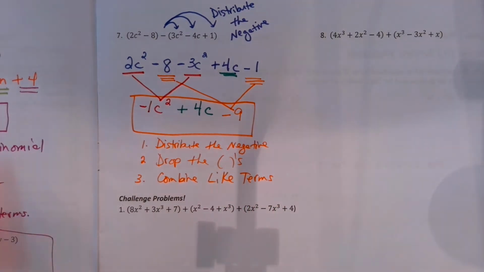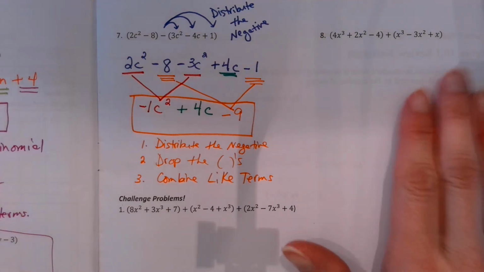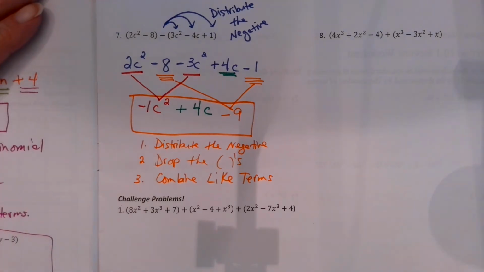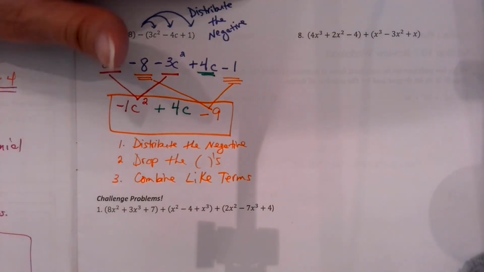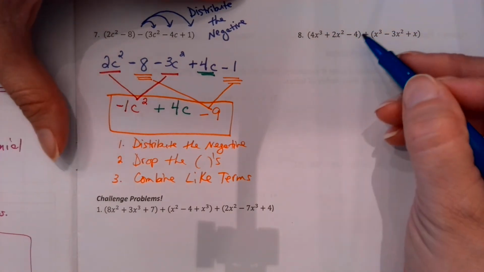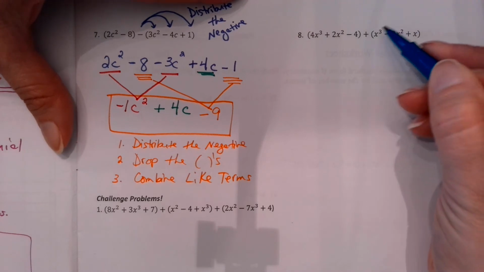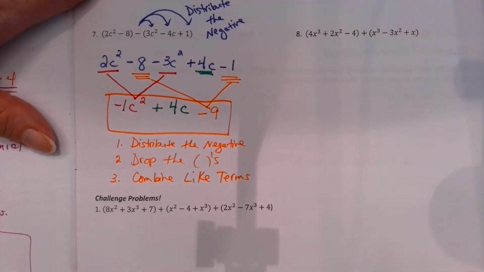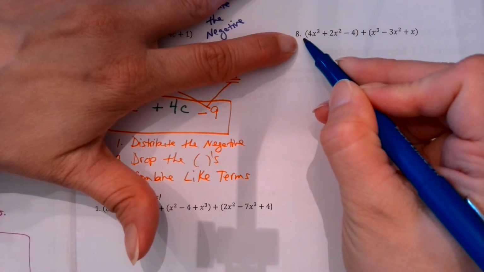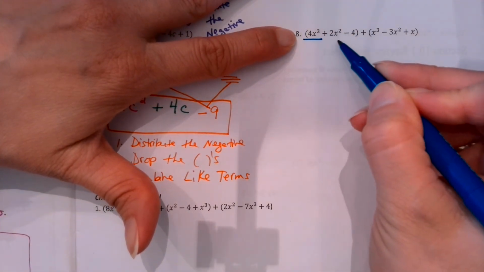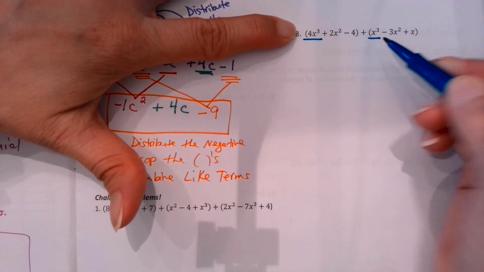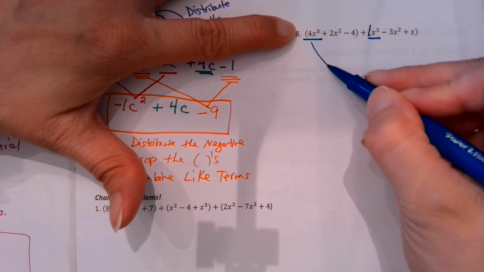Okay, let's review adding polynomials. Adding polynomials is what we studied first, and this is actually even easier, okay? When you're adding, you don't have to distribute anything. So you can just ignore the parentheses. They're just telling me polynomial 1 is getting added to polynomial 2. Okay, but all I have to worry about is making sure I add the like terms. The highest power I see is a cubic, and I'm going to look for other cubics to add him to. I've got 4x cubed, and this is 1x cubed, so they're going to combine to make